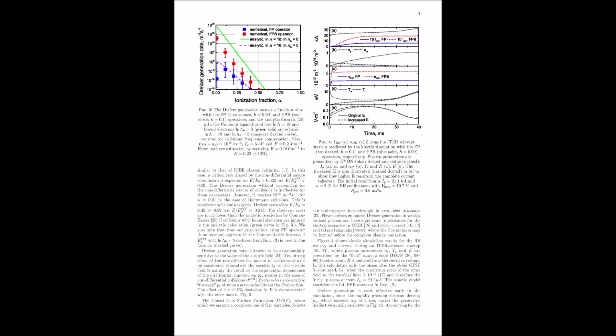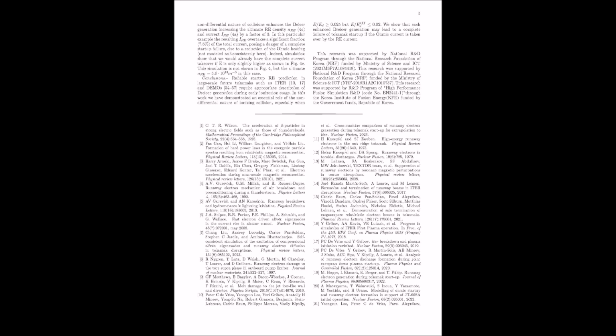So like a preemptive strike to stop them before they can build up momentum? Exactly. This all points to a much more dynamic approach to runaway electron control. It does. We need to adapt our strategies based on the specific conditions of the plasma at each stage of